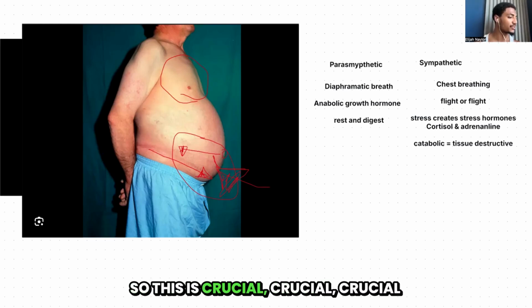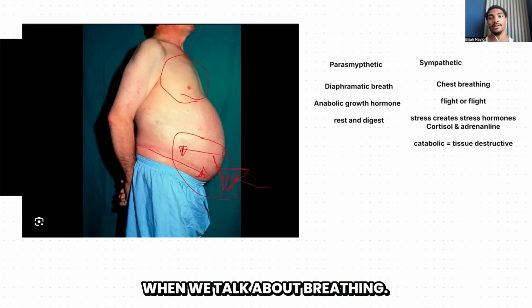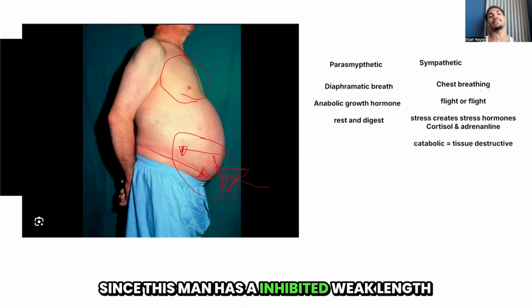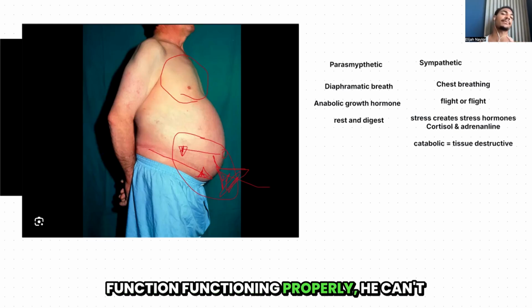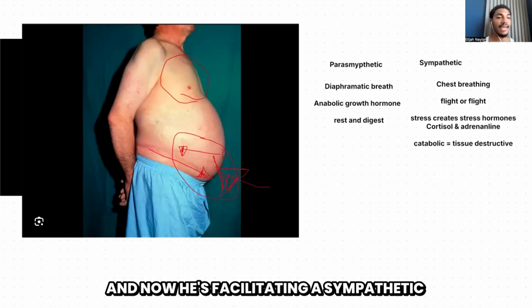So this is crucial information that we need to understand when we talk about breathing. So again, let's look back at this picture. Since this man has an inhibited, weak, lengthened transverse abdominis that's not functioning properly, he can't take a full breath, which means his air is trapped in his chest, and now he's facilitating a